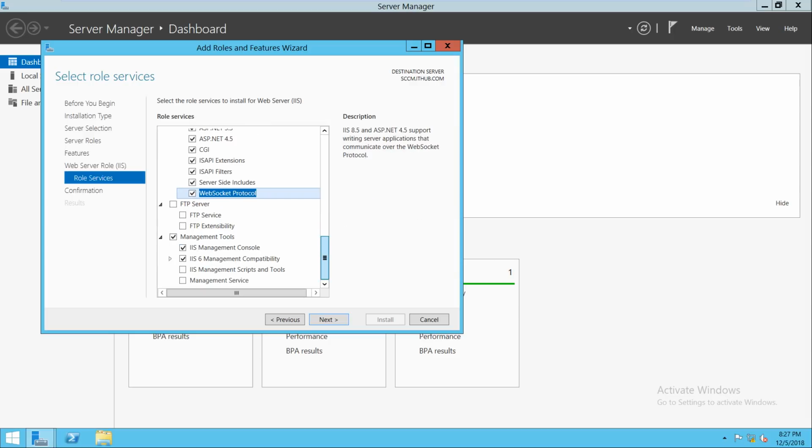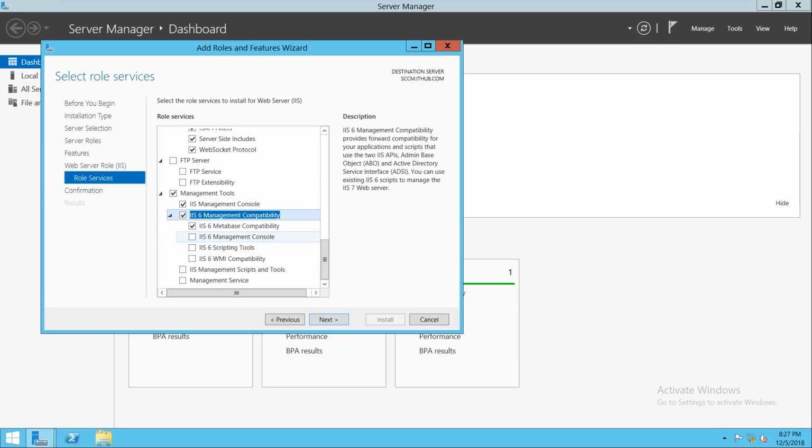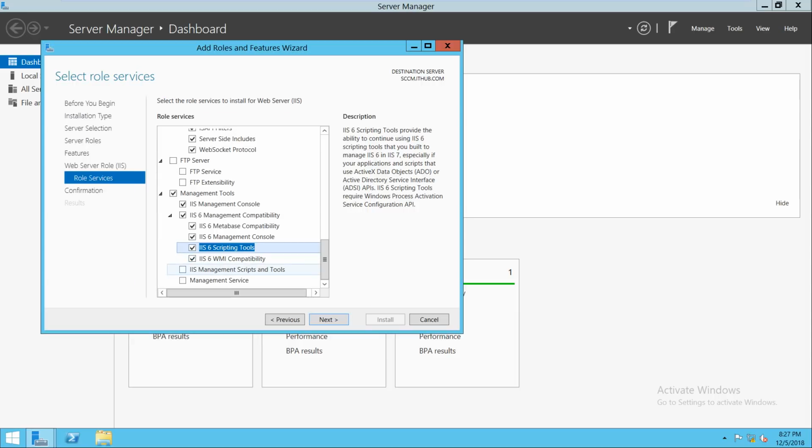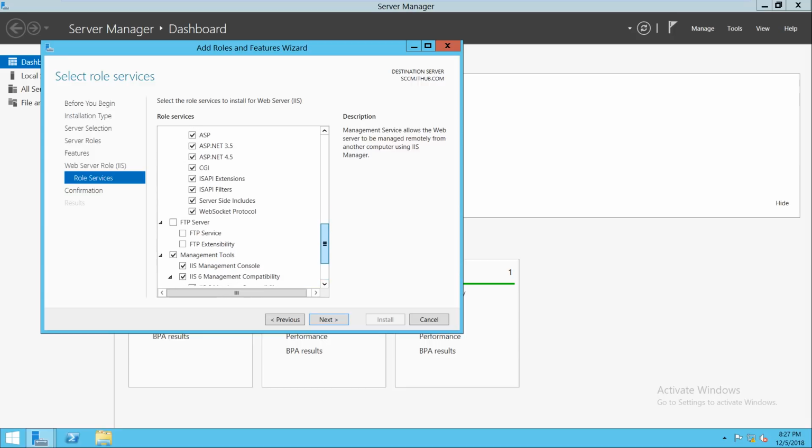Except FTP you need to select each and every option. Just click on next,